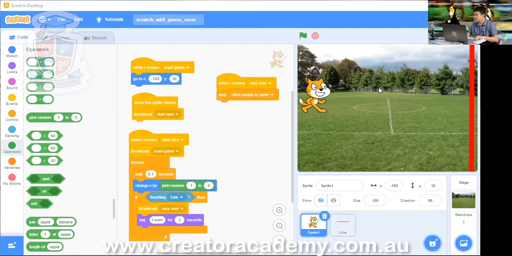Now, when we click on our cat, you're going to notice that sometimes he's going to take bigger steps and sometimes he'll take smaller steps. So you press on the cat. Here we are. Sometimes it takes bigger steps and sometimes it takes smaller steps.